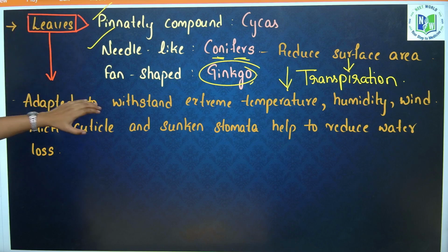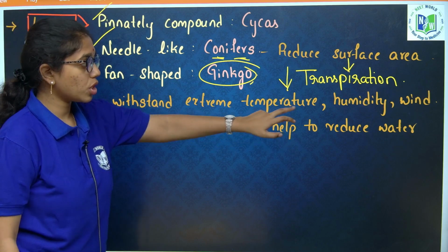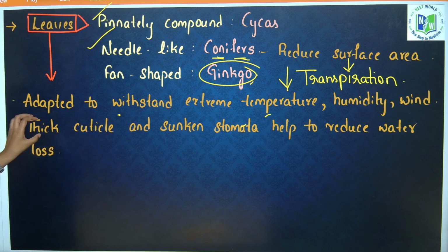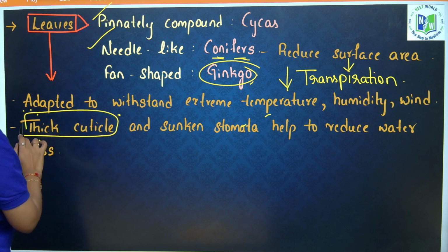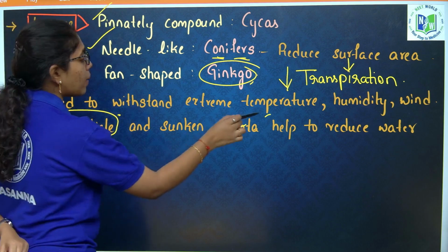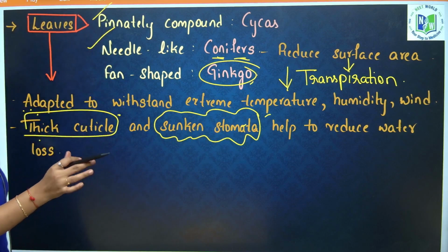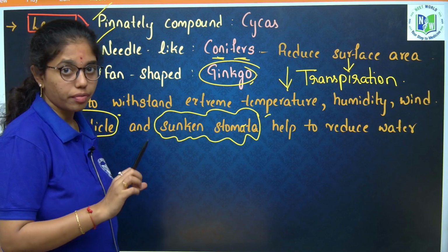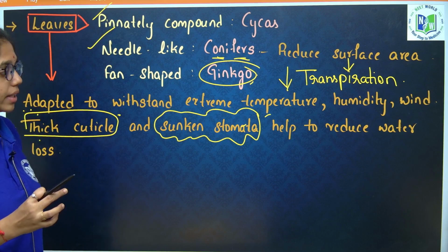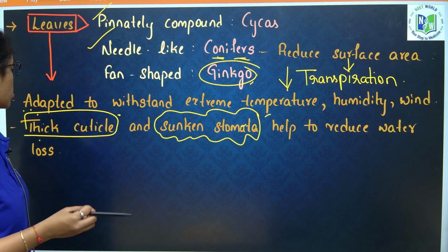Leaves are adapted to withstand extreme temperatures, humidity, and wind, and they have a thick cuticle and sunken stomata. Sunken stomata means stomata are present deep inside the leaf, not over the surface of the epidermis but embedded inside the leaf,